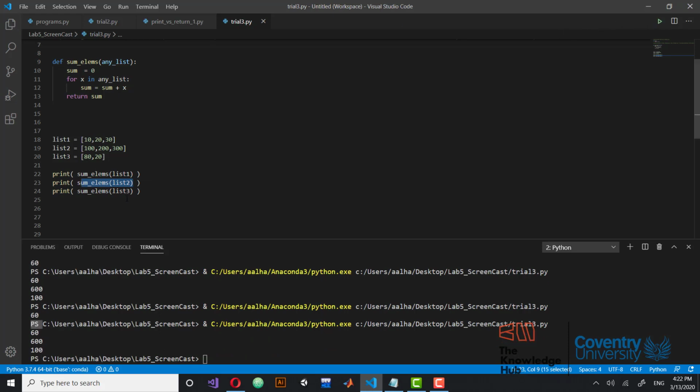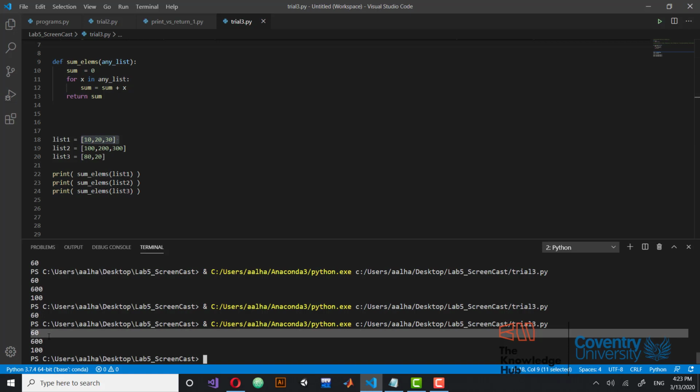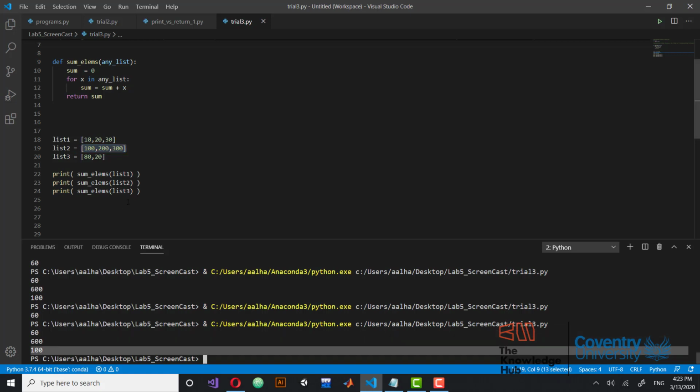Now if you run this, the first print statement is basically the return of the call of sum elements when you pass to it list 1. So the summation of these elements is 60. The second print is basically the call of the function sum elements when you pass to it list 2, so the result of these summed elements is 600. And the last value, which is 100, is the returned value of the function sum elements when you pass to it list 3. Okay,